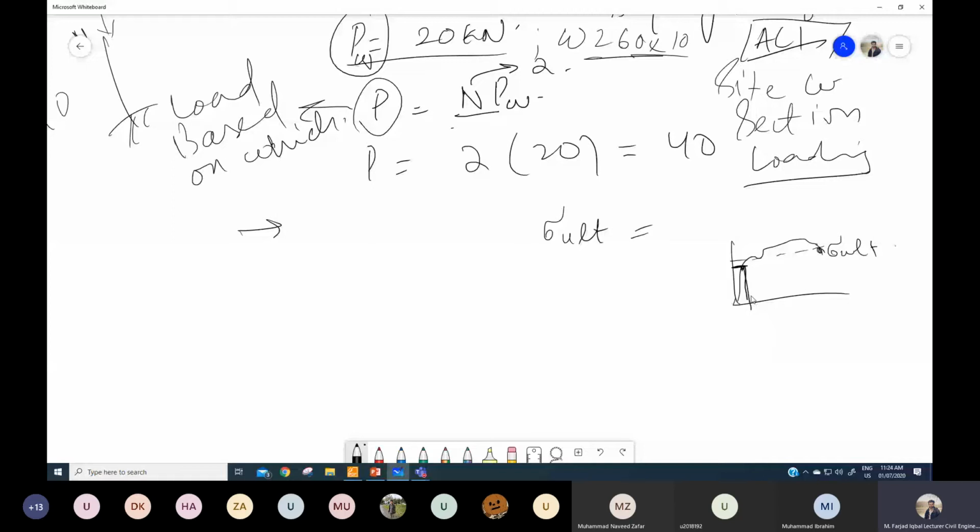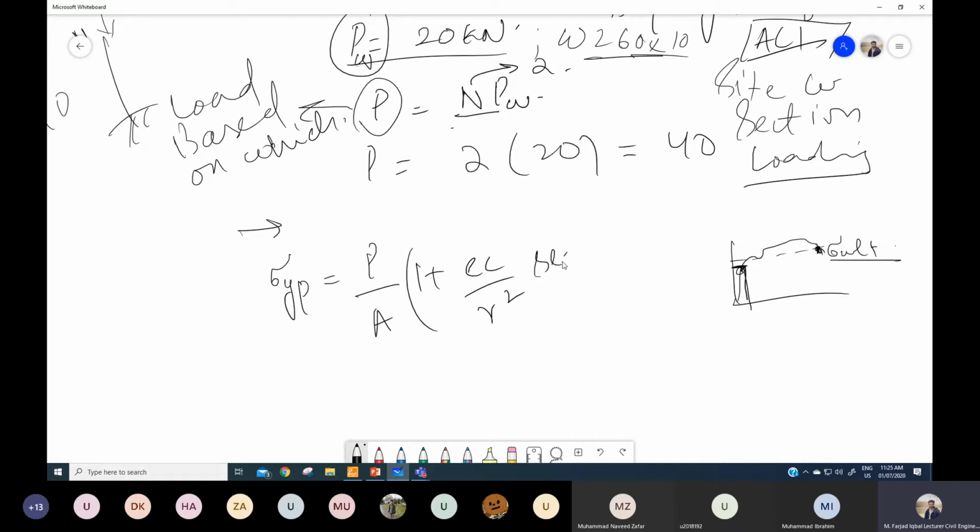Obviously after yield stress, there will be some large deflection for a significant amount of time. But still, to be on the safer side, we would assume as our design criterion that the column is going to fail at yielding. So during its whole life, the stresses should not exceed this yield stress, even though actually it can go up to the ultimate stress. So the maximum stress that can occur in the column during its life is sigma yp. And if I substitute sigma yp into that formulation, that will again be 1 plus ec over r squared secant